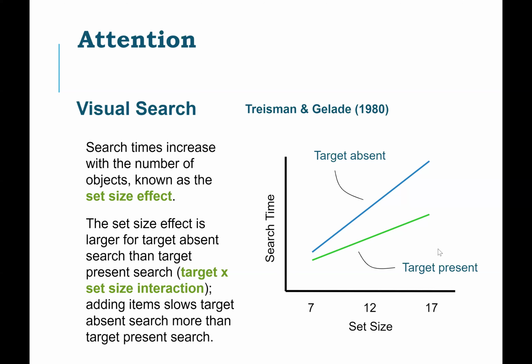But a lot of the time in life, search is not just randomly looking at an object until you arrive at the target. When you look for your keys, you look on surfaces, right? So, this is what we talked about, perceptual intelligence and scene related stuff. When you know something about the scene, you know certain areas are more likely to include your object, so you search that area. You're not going to search just randomly until you land on the target. But even not considering that, target present search would be